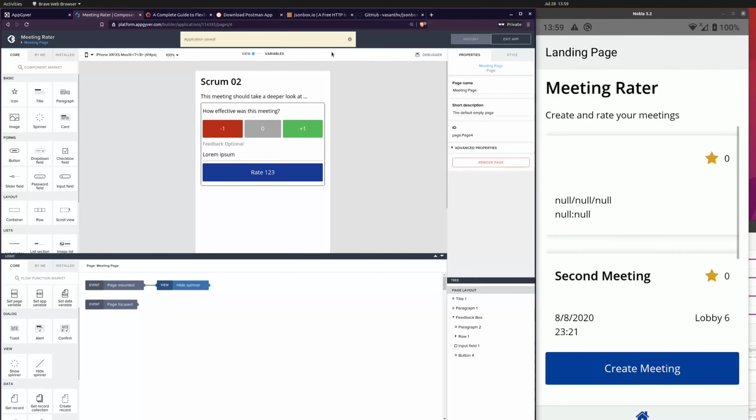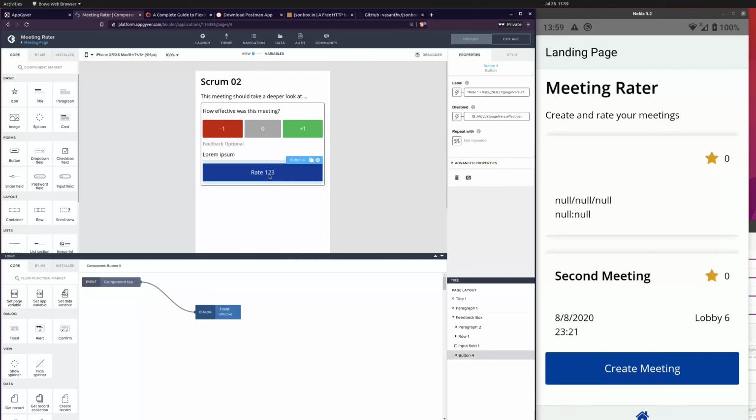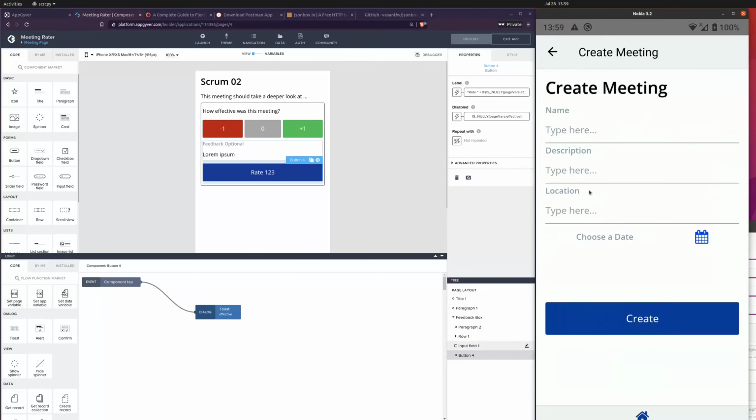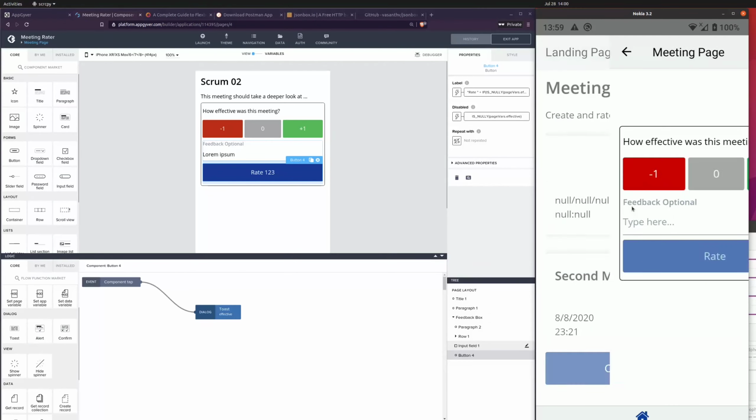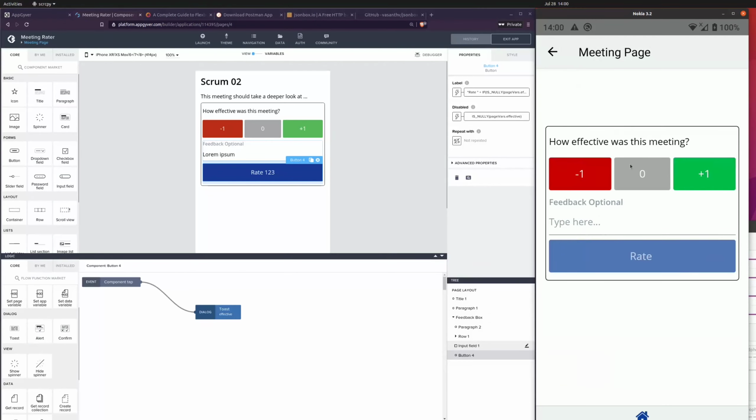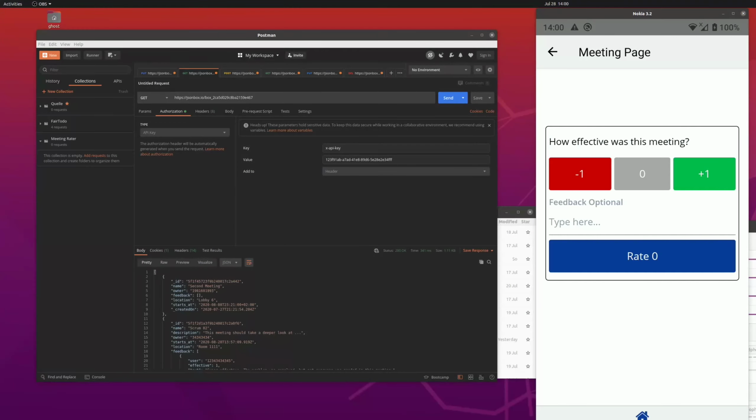Okay, great. So now what we need to do is, once I press this button here, we want to create a new rating. And how does our rating look? You can take a look at Postman. Postman will tell us,